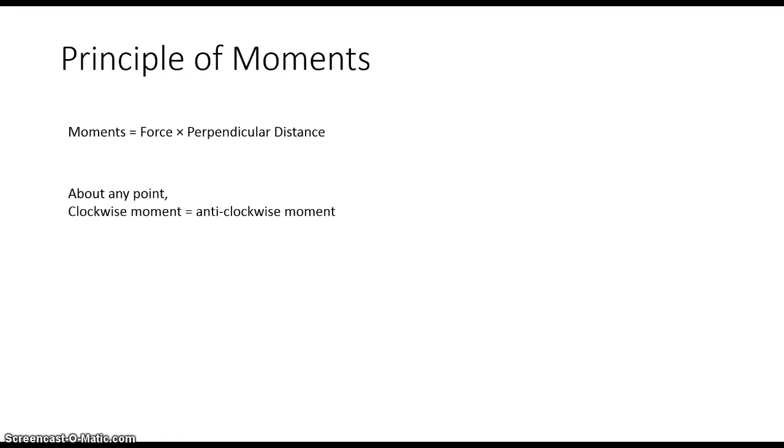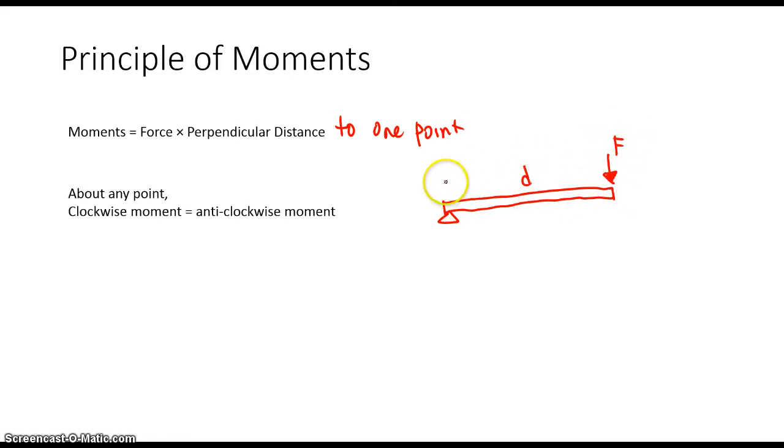A moment of a force is just the force times its perpendicular distance to one point. The principle of moments says that a clockwise moment equals an anti-clockwise moment. So what do we know about a clockwise moment and anti-clockwise moment? Let me show you what a clockwise moment is. Let's say it's a rod, and this is my pivot, and this is my force, and my perpendicular distance is d. So my moment